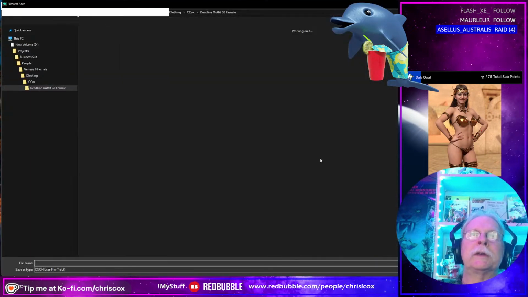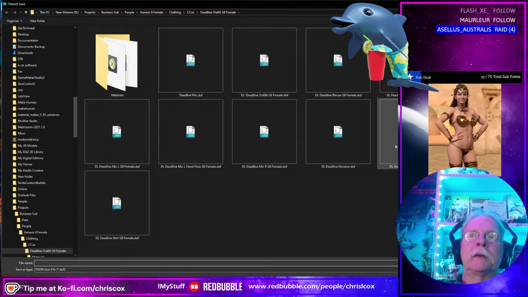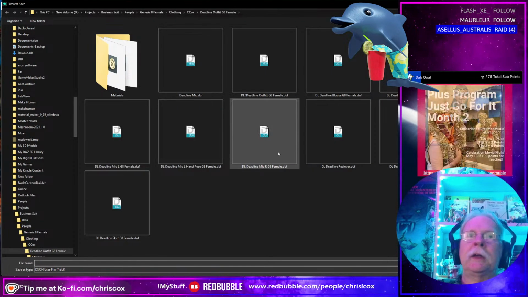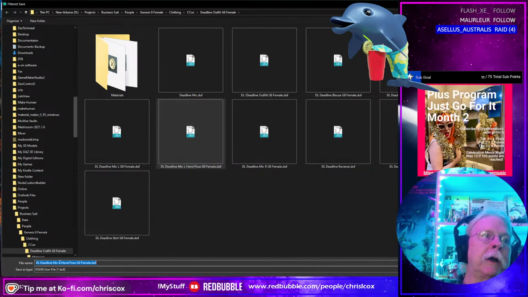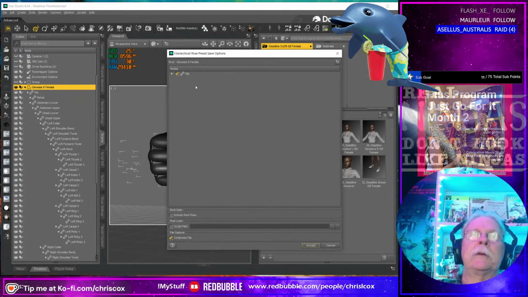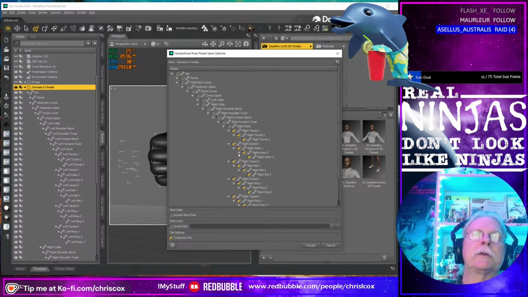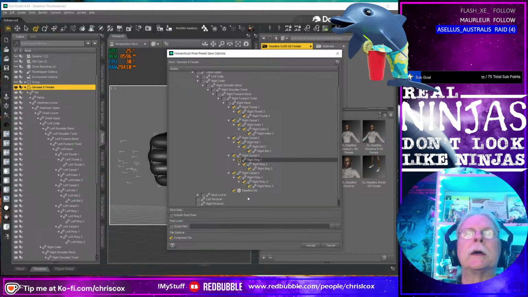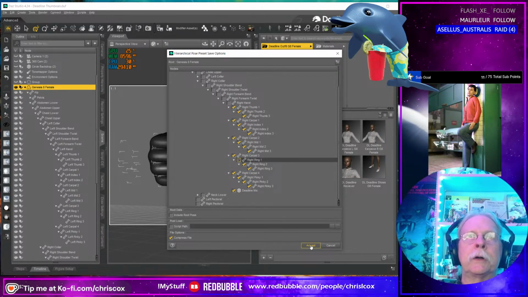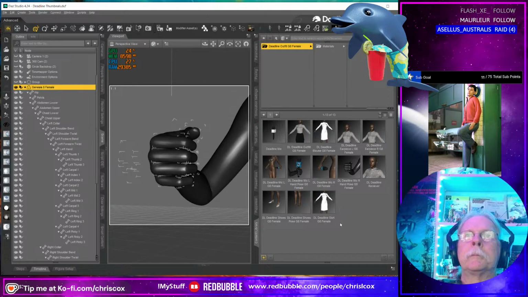Hierarchical pose preset. This is going to be for the Mike R hand pose. Save that. What we're going to do is click and then we can check only scene selected. So that's the reason why I went to the trouble to select those. And you can see those are the only things that we're going to get saved. Should be good.